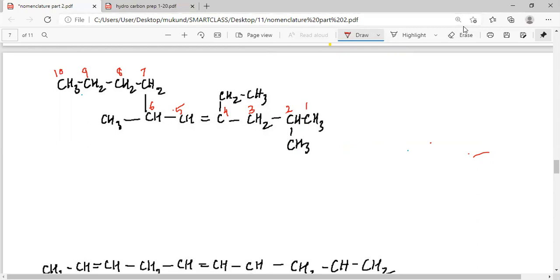Then, my dear students, we have the various branches that we need to study about. So you can see that we have branches on second, that is methyl, on fourth, that is ethyl, on sixth, that is methyl. So we have both the branches methyl and ethyl, but we should start with ethyl according to the alphabetical order. So we can write the name as 4